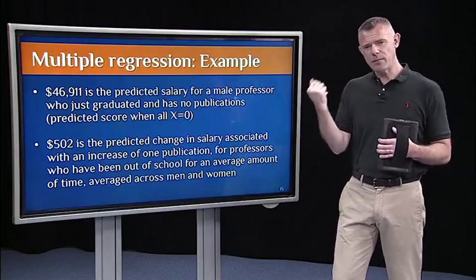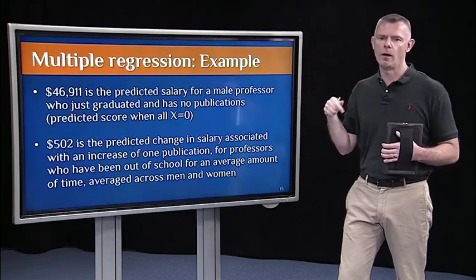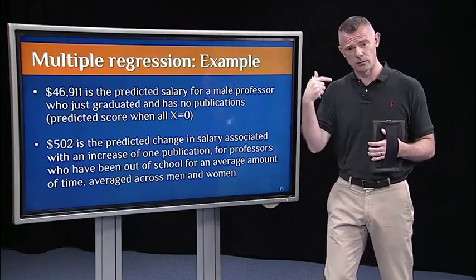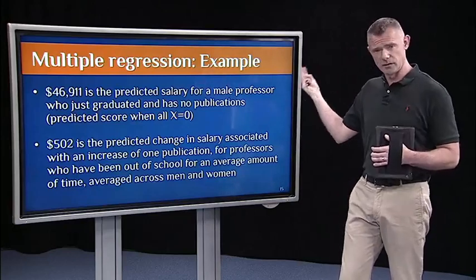46,911. If you think back to the summary statistics, that's a really low salary. Why is it so low? Well, because it's the predicted salary for someone who just graduated and has no publications and is male, because I